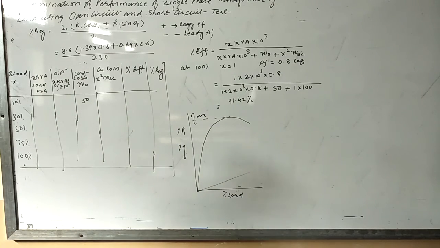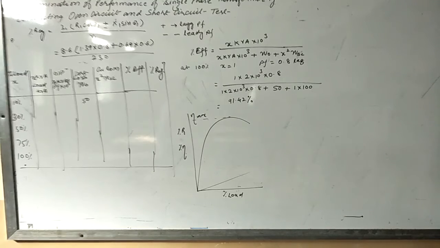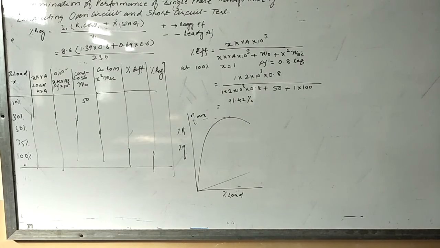So this is the open circuit and short circuit test, and from this test we are able to find the different parameters at any desired load from this test condition. This test is more suitable for higher capacity transformers, where in our lab the load capacity and the power input capacity are not available, but the open circuit and short circuit tests require a smaller amount of power. Thank you.